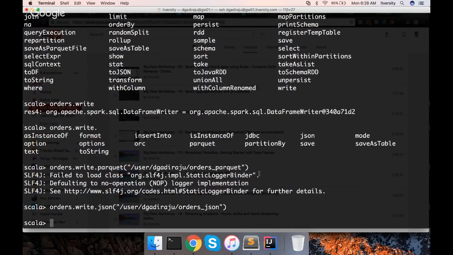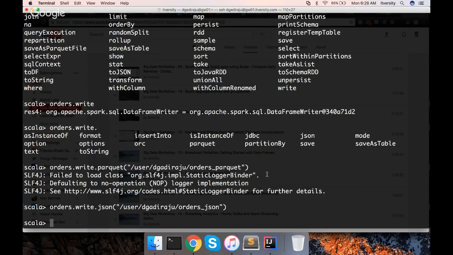And if you want to write queries on top of this data before writing in Parquet or JSON format, you can register the data frame. You can register it as a temp table or view, and you can run queries, and the output will be a data frame itself. For example, instead of saving directly like this, I want to process data and then write.